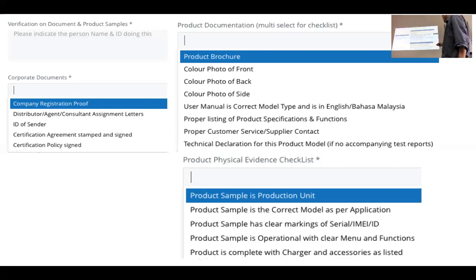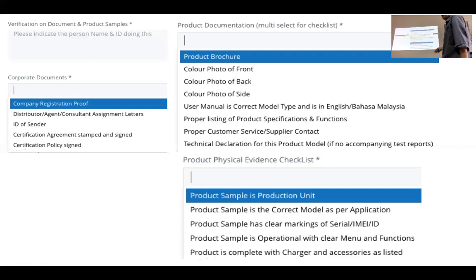Then for this one, product sample, production unit, it must be correct model, have clear marking, operational, mesti can operate punya. Bukan dia nanti dia kata, oh ni factory unit. Factory unit sometimes tak ada Bluetooth. Tapi dalam specs ada Bluetooth. No, factory unit is like they just produce sample set untuk cuba saja.